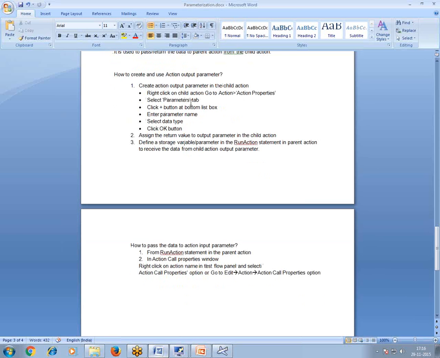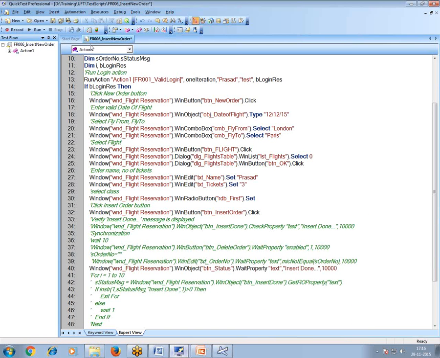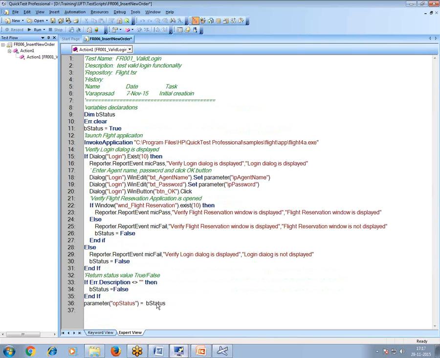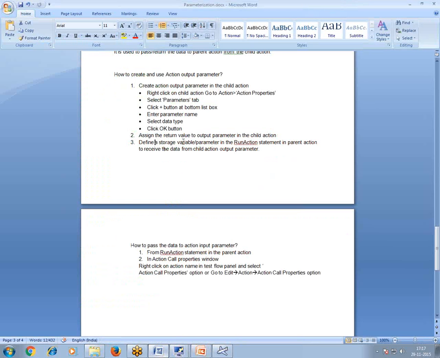So it is same like action parameter. Creation of output parameter is same as action parameter. After creating the action output parameter, in the second step, we have to assign the return value to the output parameter in the child action that we have done here. And the next step, define a storage variable or parameter in the run action statement in the parent